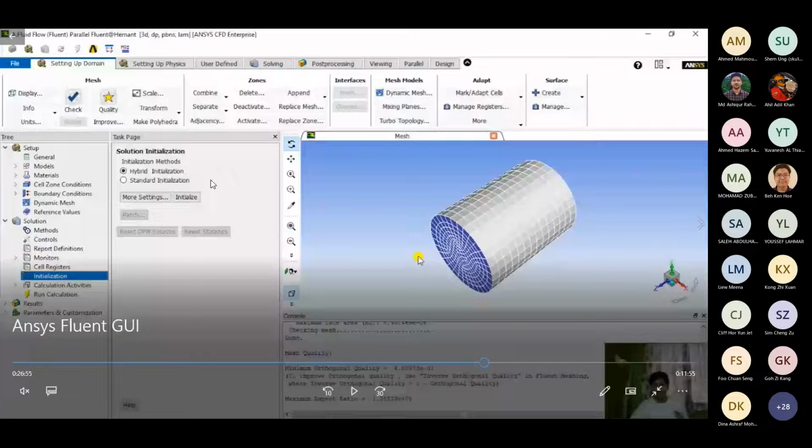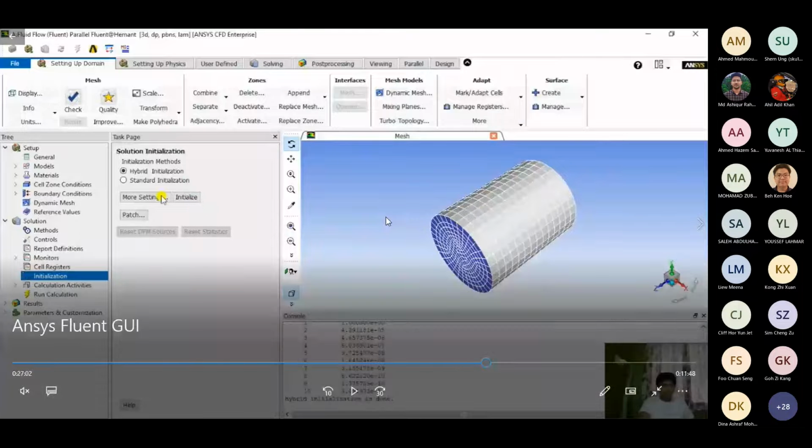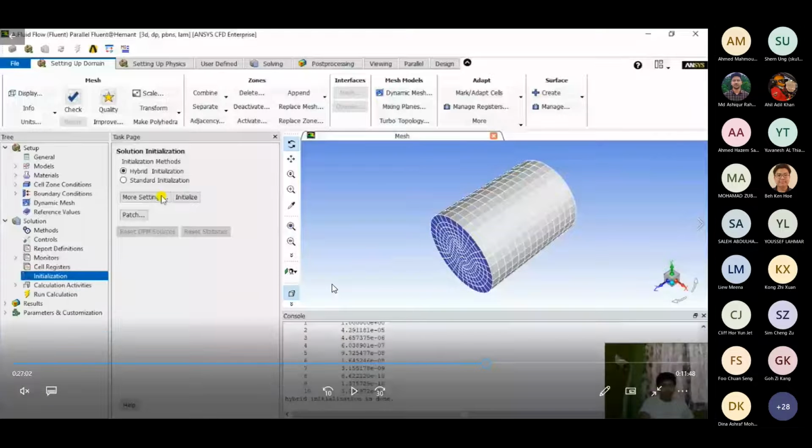Before actually starting the simulation, you have to run the initialization, because that will show you whether you have some kind of error within these 10 iterations. You can easily rectify it at this point itself without having to go through the simulation. Once the error is rectified, you can reinitialize and go for run calculation. This is basically for selecting a first guess of a solution for a parameter.